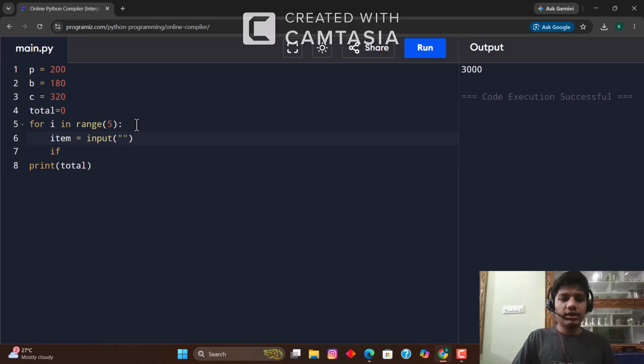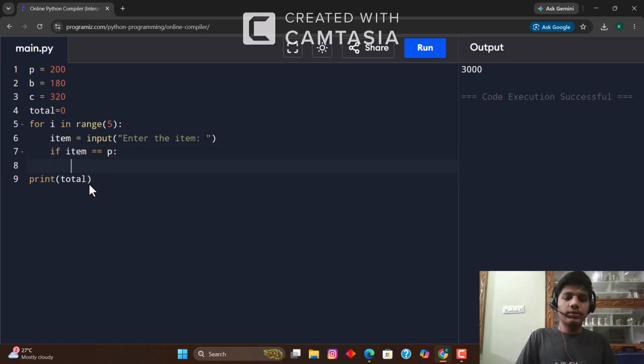So when it asks to enter the item, you give the item you want to buy. If item equals what you entered here, suppose you entered p means pizza, b means burger, c means chicken. If you enter any of those three, for pizza, you have to give